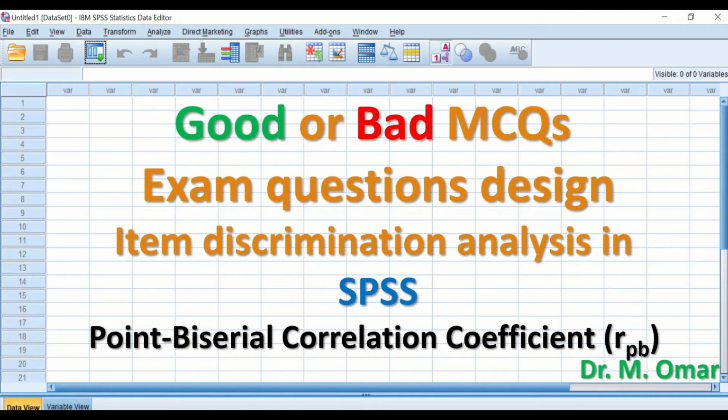Good or bad MCQ questions. Whether you are an educator, a teacher at school, a lecturer at college, or a professor at university, and you are frequently involved in exam question design and repeatedly design multiple choice question exam papers, and you want to look at the questions and determine which of these questions are bad and which are good, which of these questions discriminate between high performing students and low performing students, the way to do that is to use item discrimination analysis or question discrimination